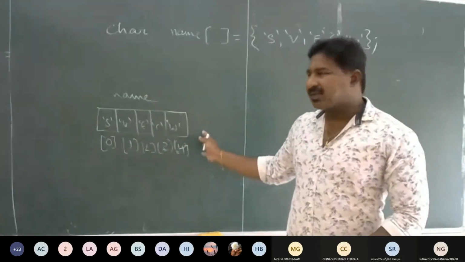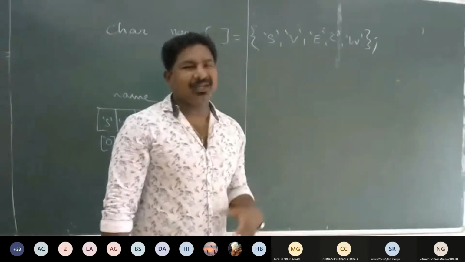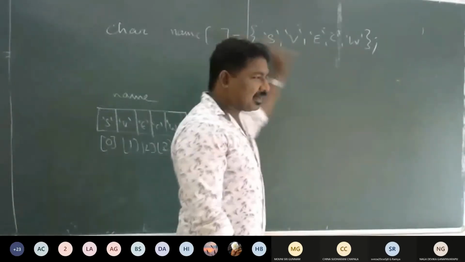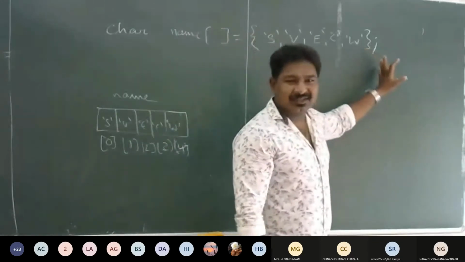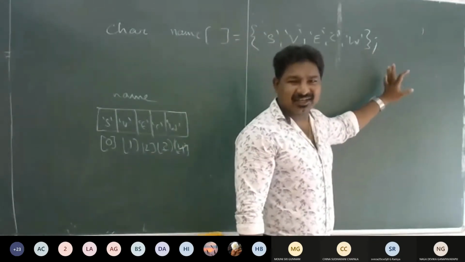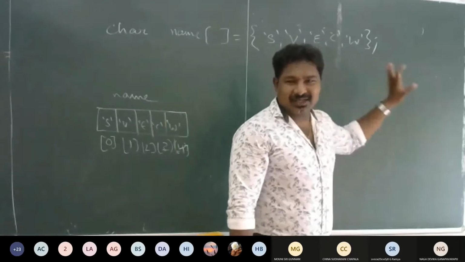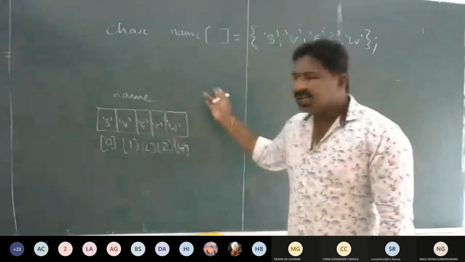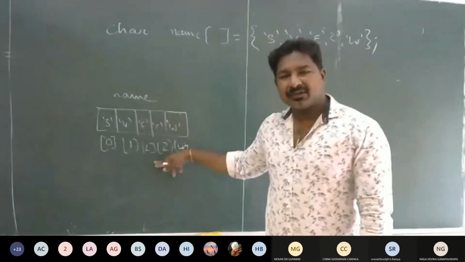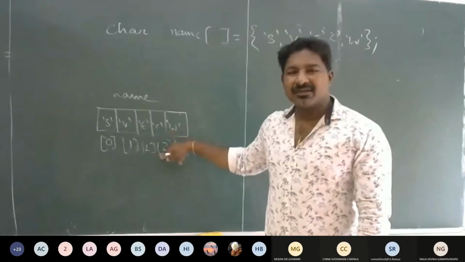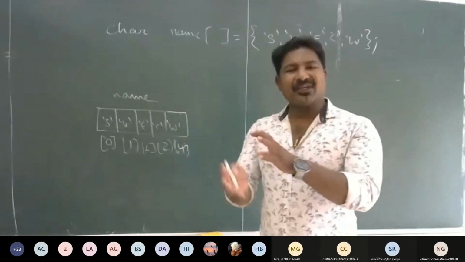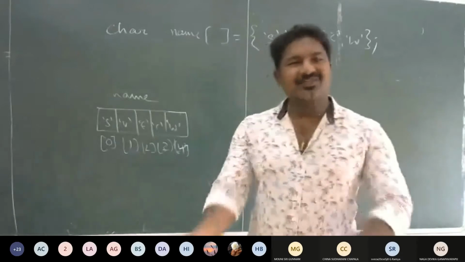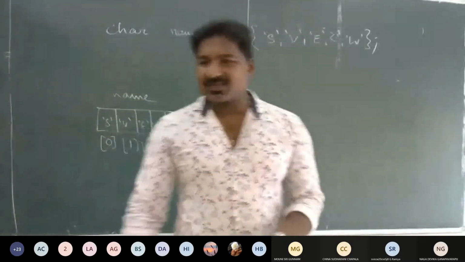Everyone please remember that if I forgot, or if I purposefully did not initialize my array, and the last character \0 is not initialized, this means it is only a character array. It's not a string. There is a slight difference between a character array and a string.